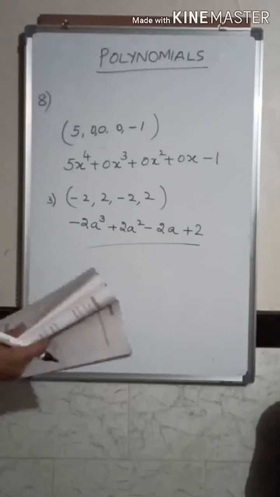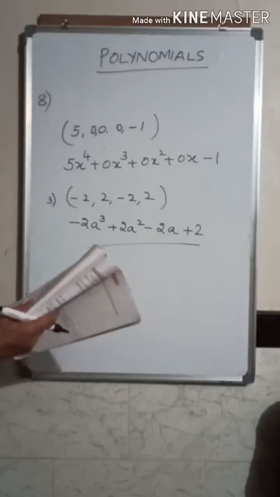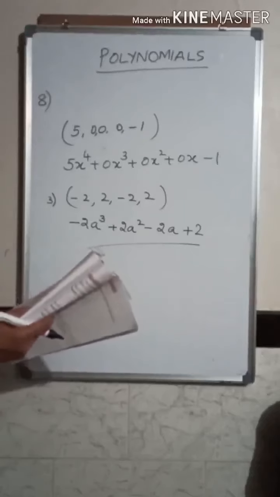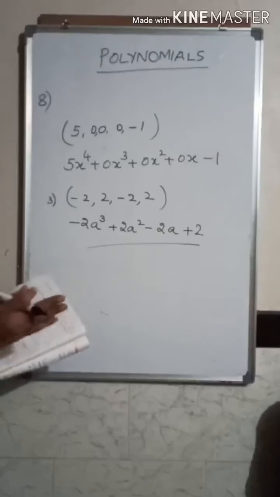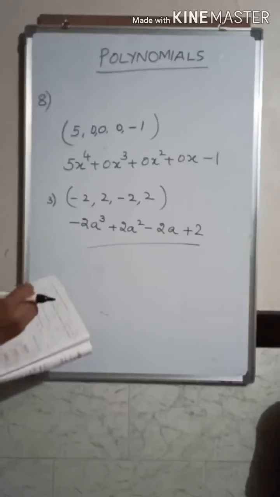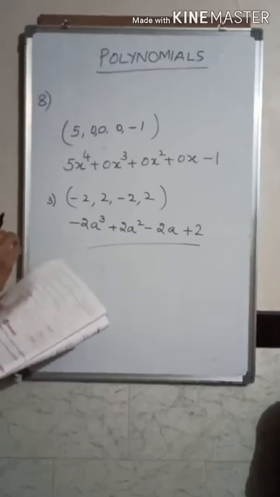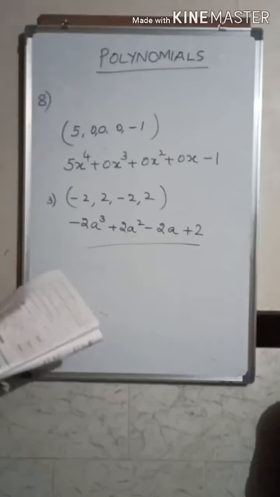In the last problem they have given, write the appropriate polynomials in the boxes. So in a circle they have given a few polynomials. So you have to classify them as quadratic, cubic and linear. I have already explained it. Just go on writing the polynomials under those boxes there.